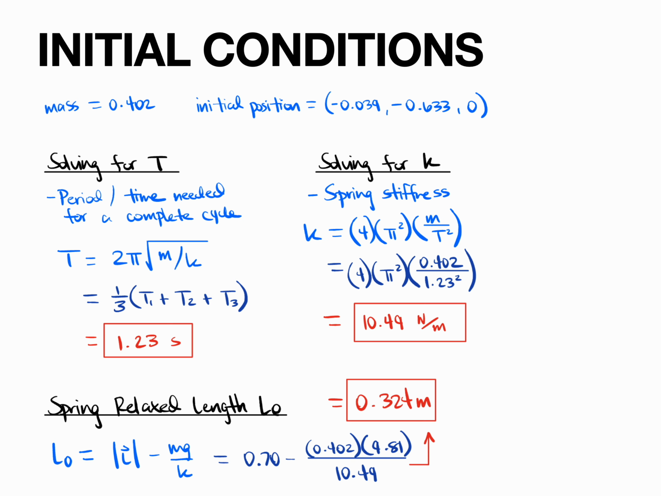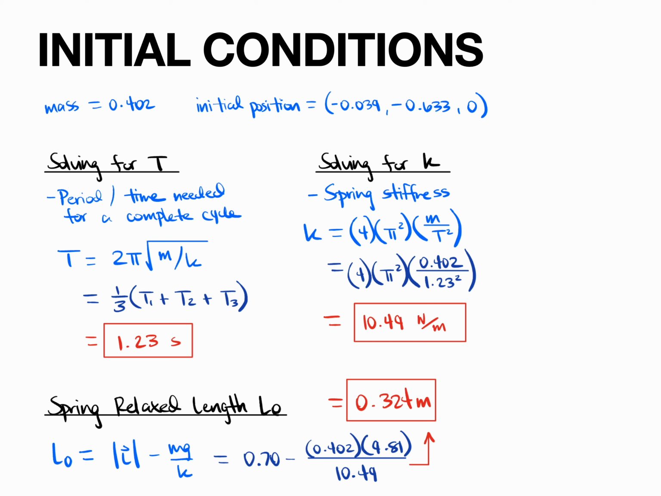Some initial conditions: the mass was found to be 0.402. Then the initial position that came from analyzing the video in Tracker was negative 0.039 and negative 0.633 in the y direction. Then solving for T, the period or time needed for a complete cycle to occur, basically comes down to setting 3 times the full complete cycle equal to the mass, 0.402,